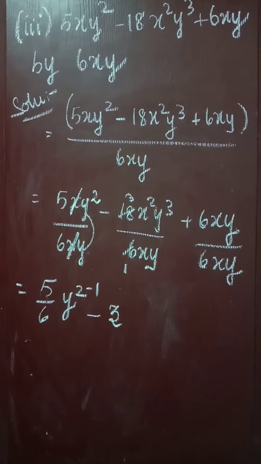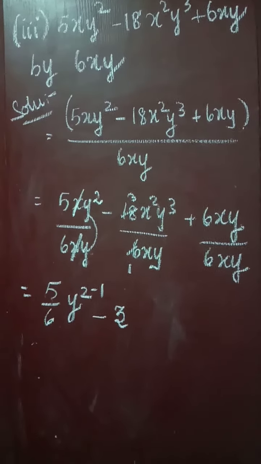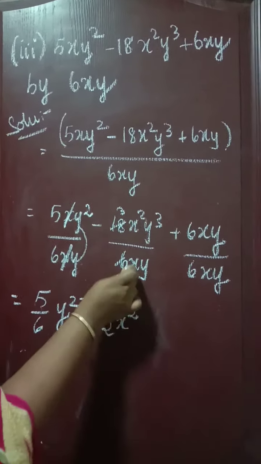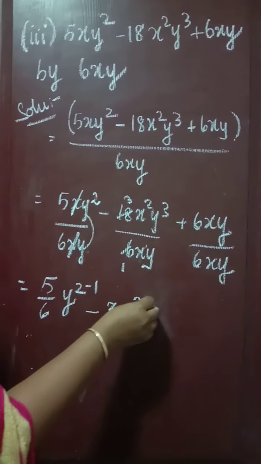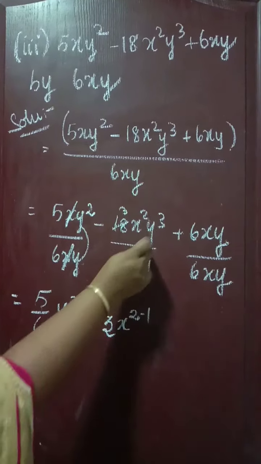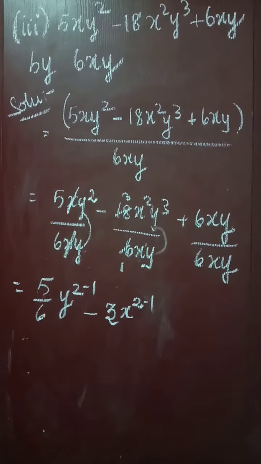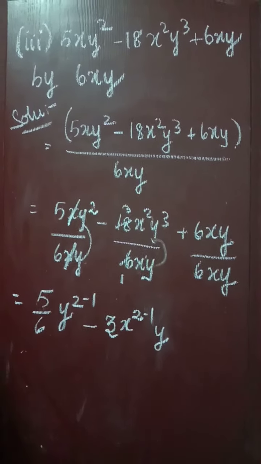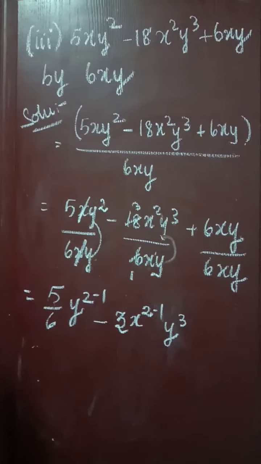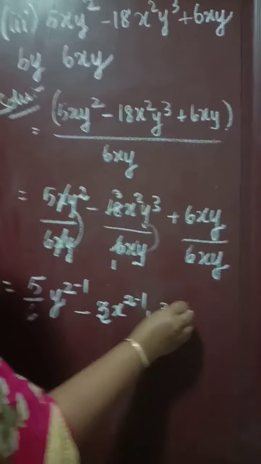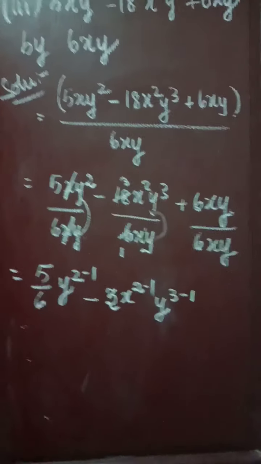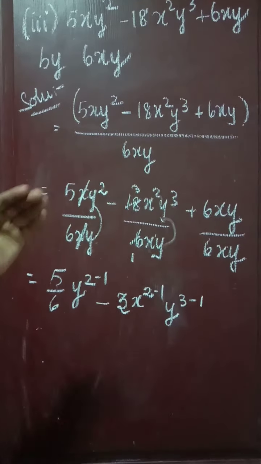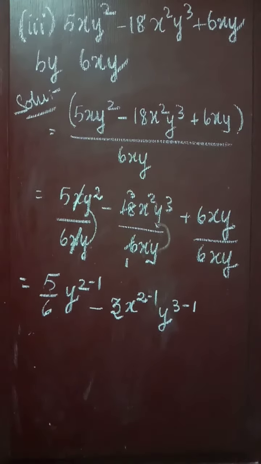So see how many variables are there? X and y. So here x squared, here x. Listen. Here x squared, so 2. What is the power of the denominator? 1. So 2 minus 1. Go to the next variable. What is the variable? Yes, y is the variable. What is the power of the numerator? 3. What is the power of the denominator? 1. So 3 minus 1. So for the same variable we subtract the power. In division, if the bases are the same, we subtract the power.